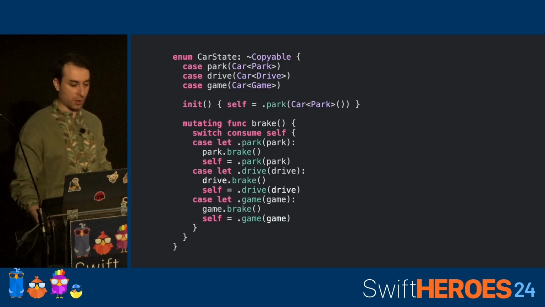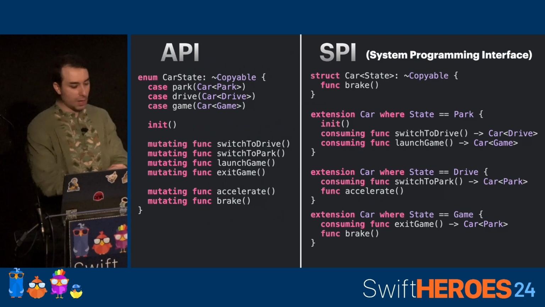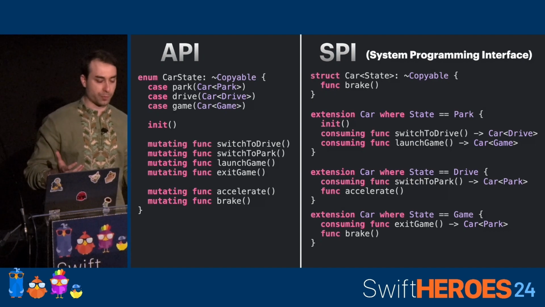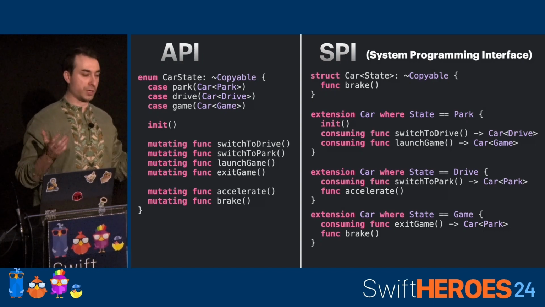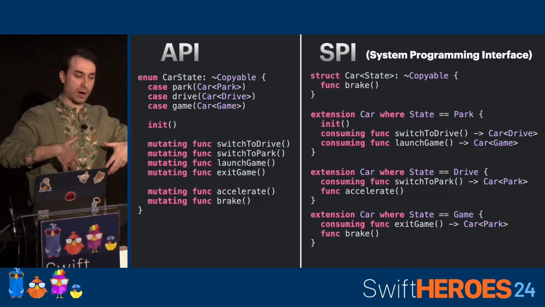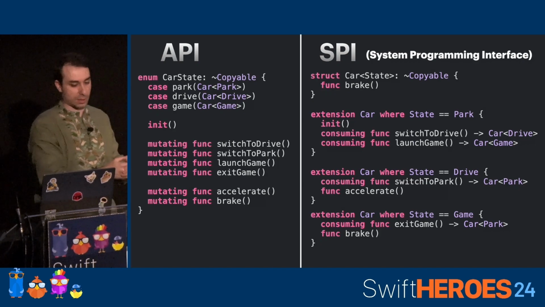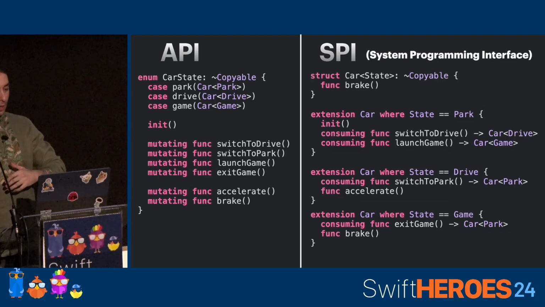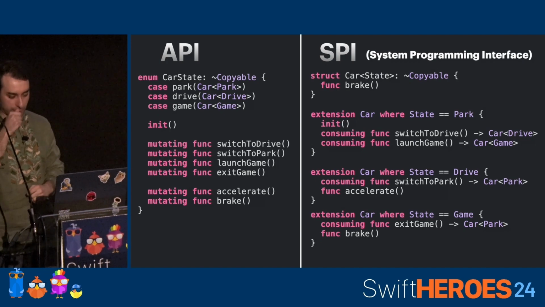Now, you might think, okay, we made a step back by going back to this single API, but this is a very important slide here. What we have on the left is what I would call API, the public application programming interface or public interface. This is what we expose to our users. In this case, we are the car operating system engineers. We expose it to our UI engineers, for example. So they can call these functions all the way we want. The crucial thing here is that under the hood, what is usually called system programming interface, and actually Swift even has this keyword SPI,